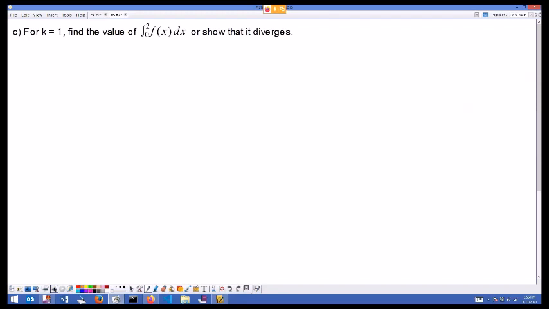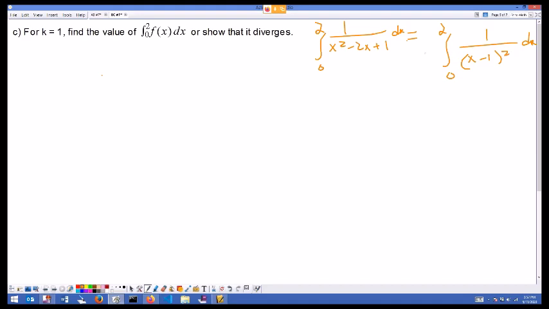For k equals 1, we want to find the value of the integral from 0 to 2 of f of x, or show that it diverges. So what did we originally have? x squared minus 2x plus k, is that right? So we're looking at the integral from 0 to 2 of 1 over x squared minus 2x plus 1, or probably better to write that as the integral from 0 to 2 of 1 over (x minus 1) squared dx. And then we'll note that there's a discontinuity at 1, which happens in the middle of our interval